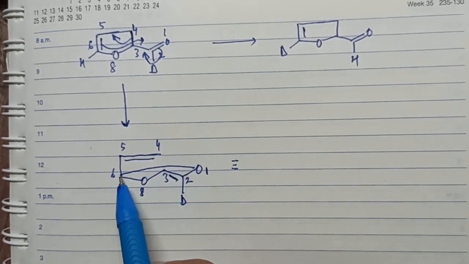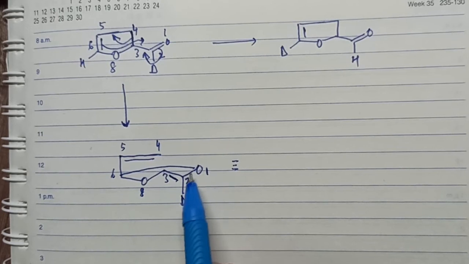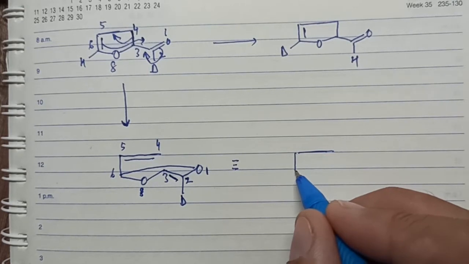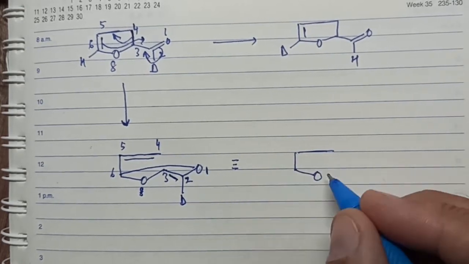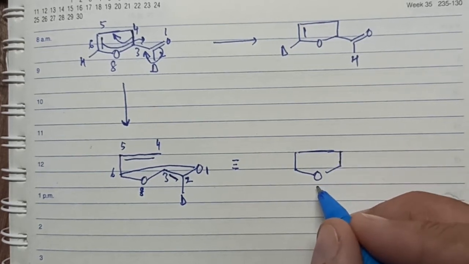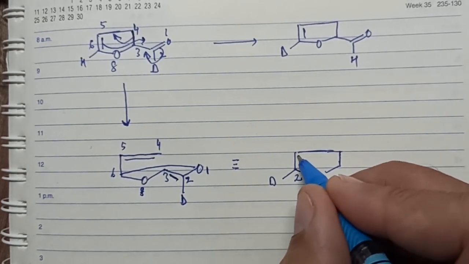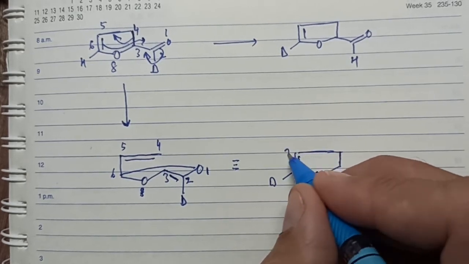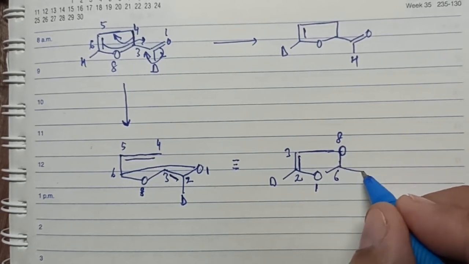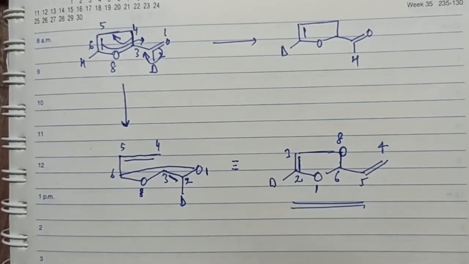If you see, this is a ring system which is formed, which comprises of oxygen 1, 2, 3, 8 and 6. So 1, 2, 3, 4, 5 atom system. And if it is a 5 atom system, I could have written the system like this. Oxygen atom here, this is oxygen atom which is 1, this is carbon 2 which is attached to deuterium, 2 and 3 is double bond in nature, 3 is attached to another oxygen atom 8, so I have an oxygen atom here at 8, 8 is attached to 6, 6 is attached to 5, 5 is attached to 4. This would have been my product of the Cope rearrangement.